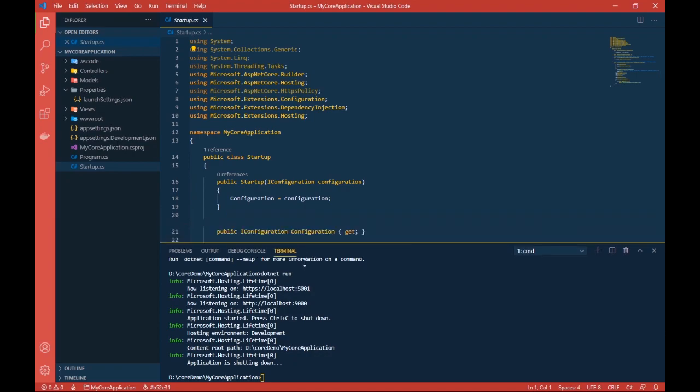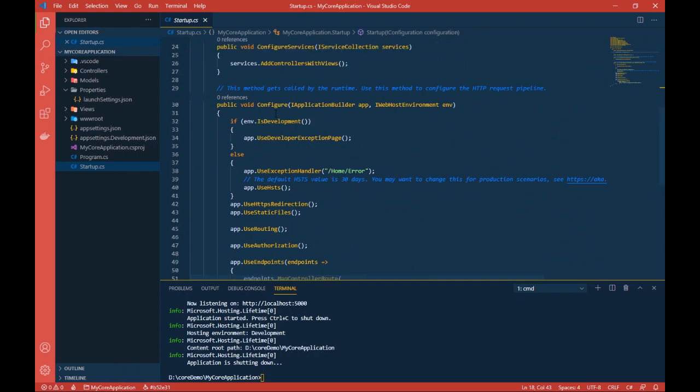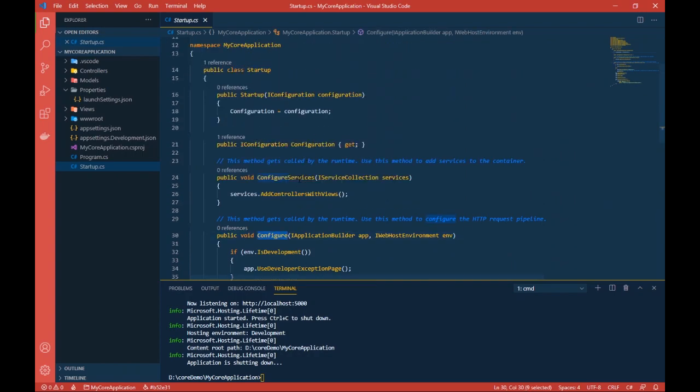Okay, so right off the bat, you can see that there are two methods here. First one is Configure and the second one is ConfigureServices, or vice versa, doesn't matter. Ordering is not important here. So this ConfigureServices basically configures the services which will be required by your application. So right now here you can see AddControllersWithViews. In further videos you will see that we'll quite often use this method to register our dependencies for dependency injection.